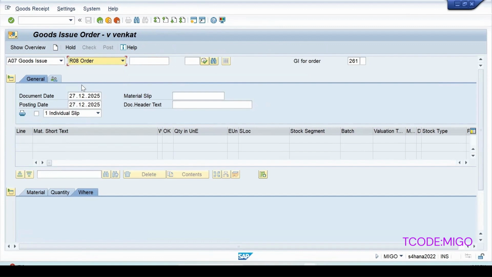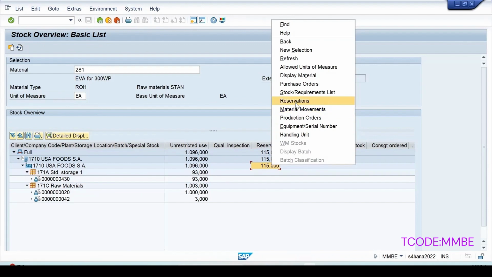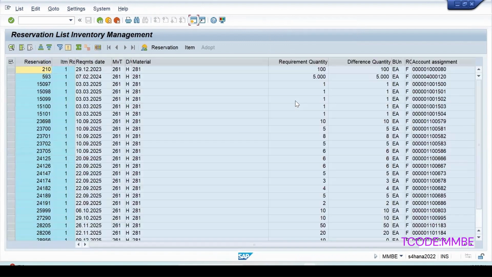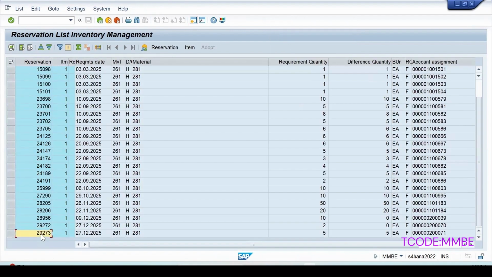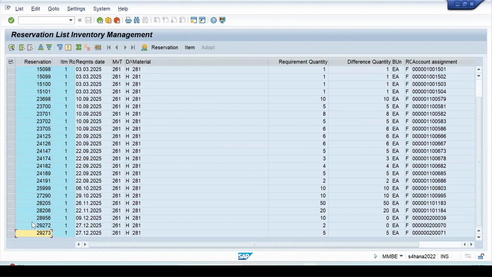I can enter my order number, and here even if I check the reservation number, okay, I click on this and you select the reservation, it will give you the reservation number list. This is the reservation number. If I double click on it, this is 5 quantities. Let me go back,